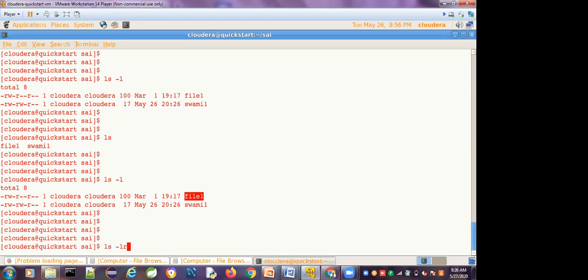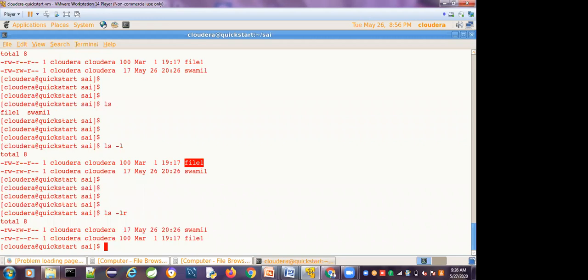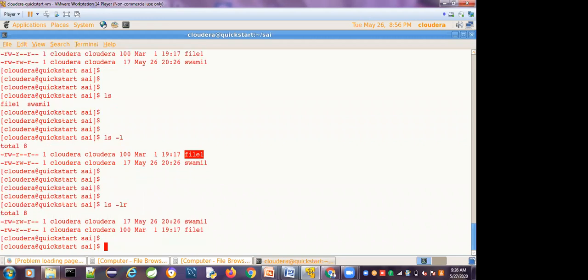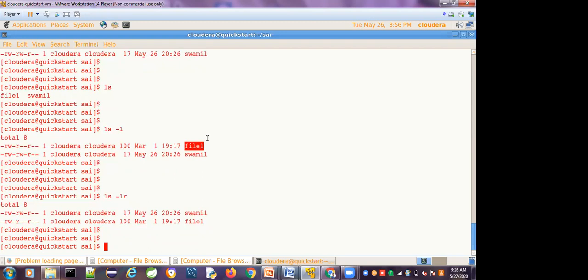Suppose I give ls -lr. R indicates reverse order. By default, it displays in ascending alphabetical order. The file name starting with F is first, then S is next, hence F is displayed first and S last.